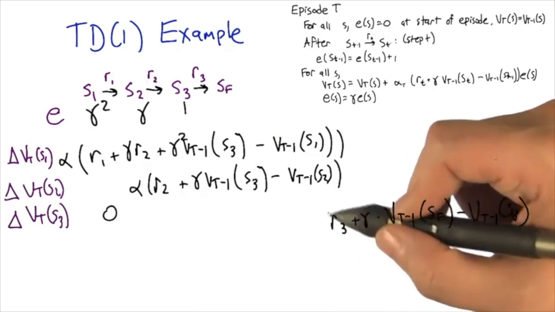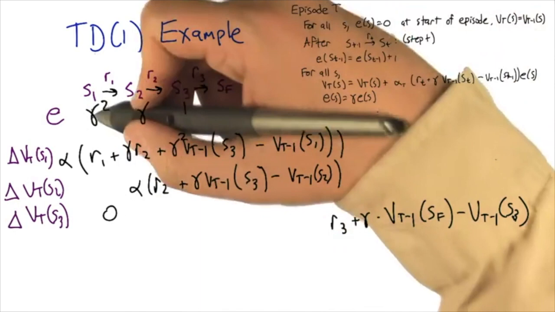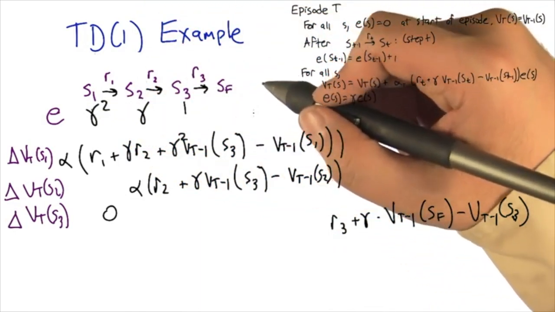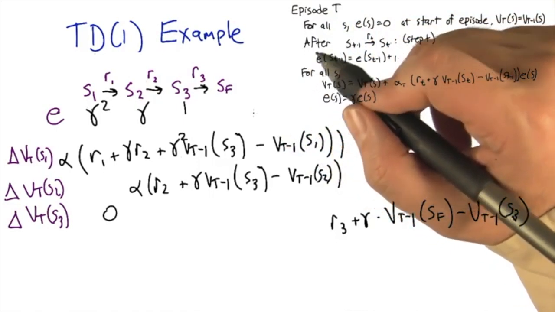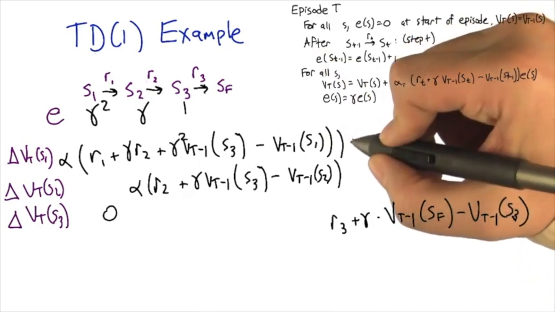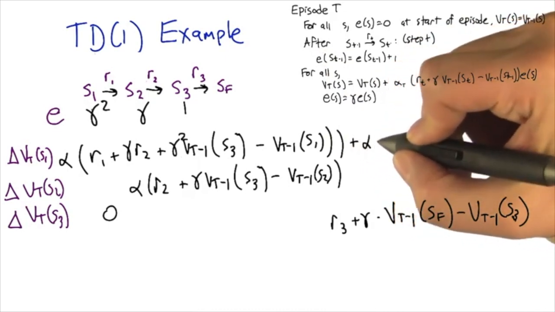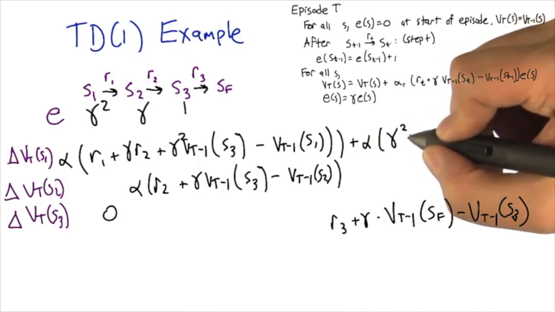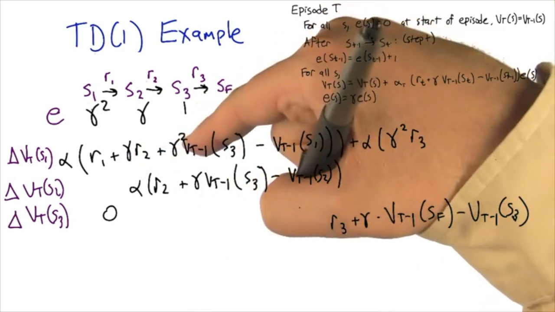The R3, right? And the eligibility for state S1. Right, which you've managed to make gamma squared. So the eligibility isn't just whether you've seen a state before. It's actually keeping track of how long ago you saw that state. Good. And so if there was another state after SF and we kept going, that would become gamma cubed, and S2 would become gamma squared, and S3 would become gamma, and so on. That's quite clever. Okay, so you would see R1 plus gamma R2 plus gamma squared R3